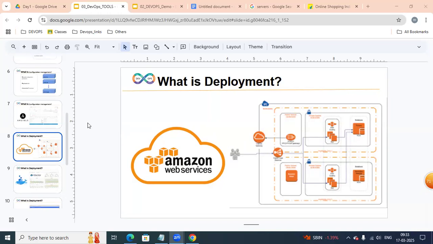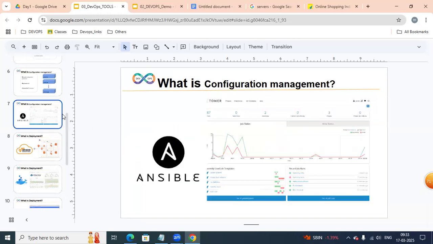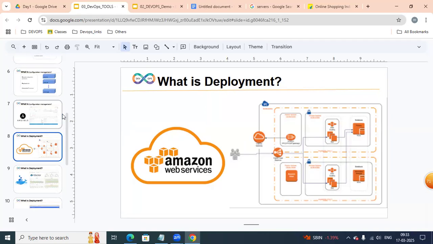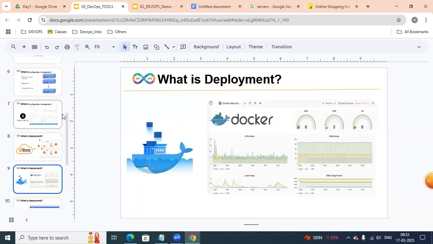On top of hundreds of servers, we can deploy our application automatically with the help of Ansible. Not only placing our applications or websites on AWS, we can also place them in Docker containers. A Docker container is an isolated area where you can place our applications very easily, with low cost and high quality.